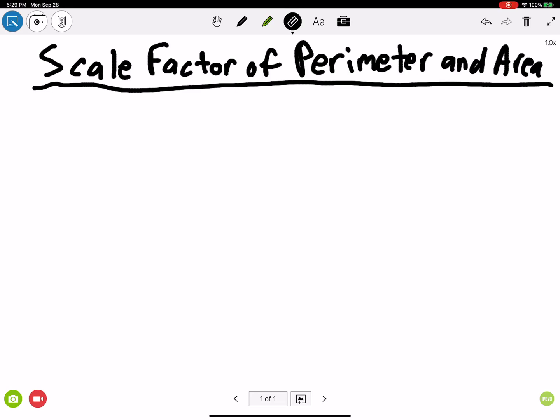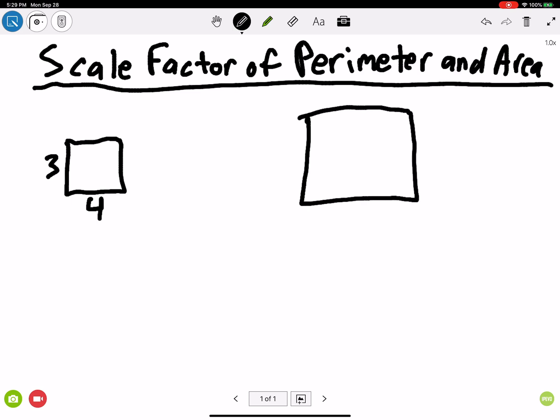So we already discussed scale factor when we were dealing with the sides of two shapes. So let's start talking about the scale factor of perimeter and area. So what if we have a 3x4 rectangle versus a 15x20 rectangle? What can I automatically identify if I'm going from